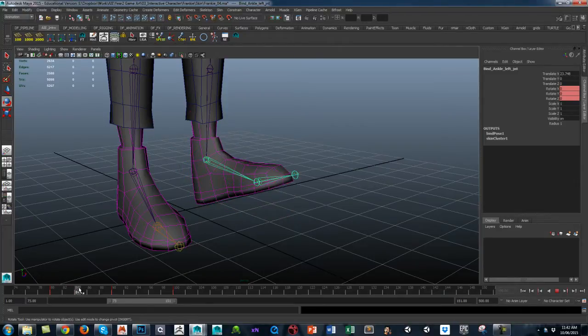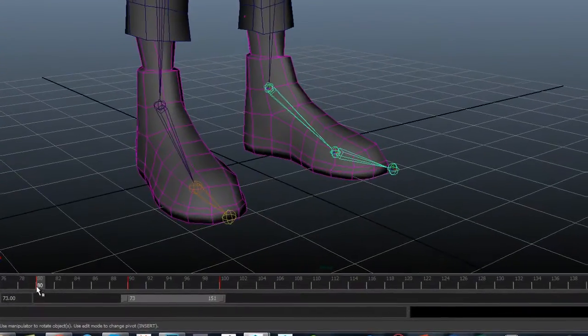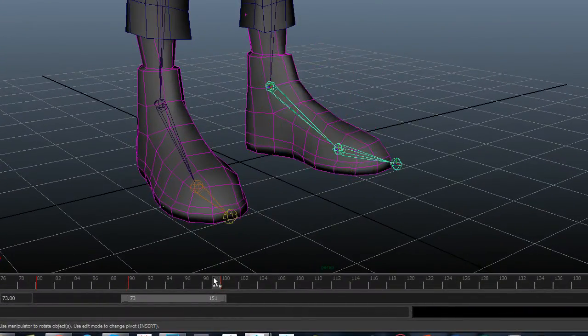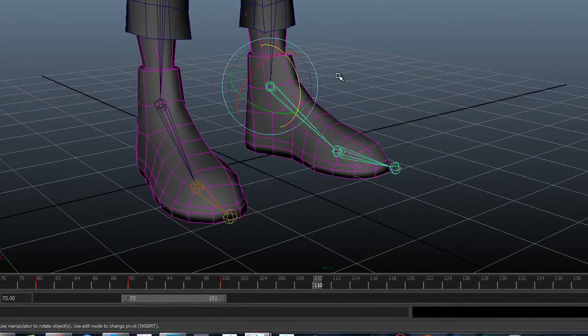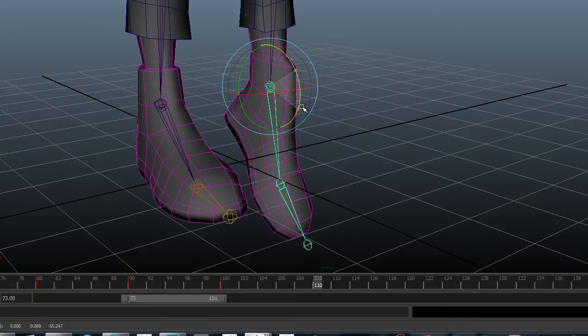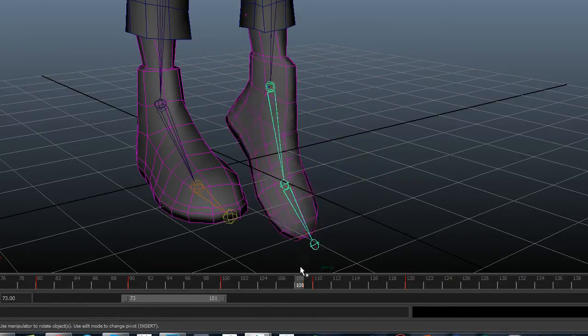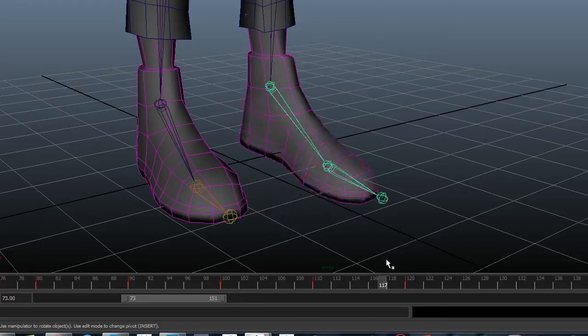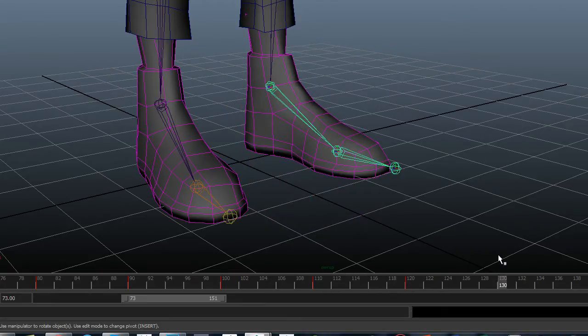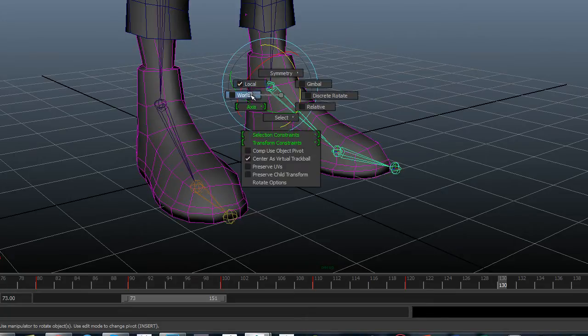So steal that frame for the ankle, so range of motion back to 0. Then another 10 frames on that range of motion, and then steal it for the next 10 frames. So I've got up, back to 0, down, back to 0, and then let me go into world